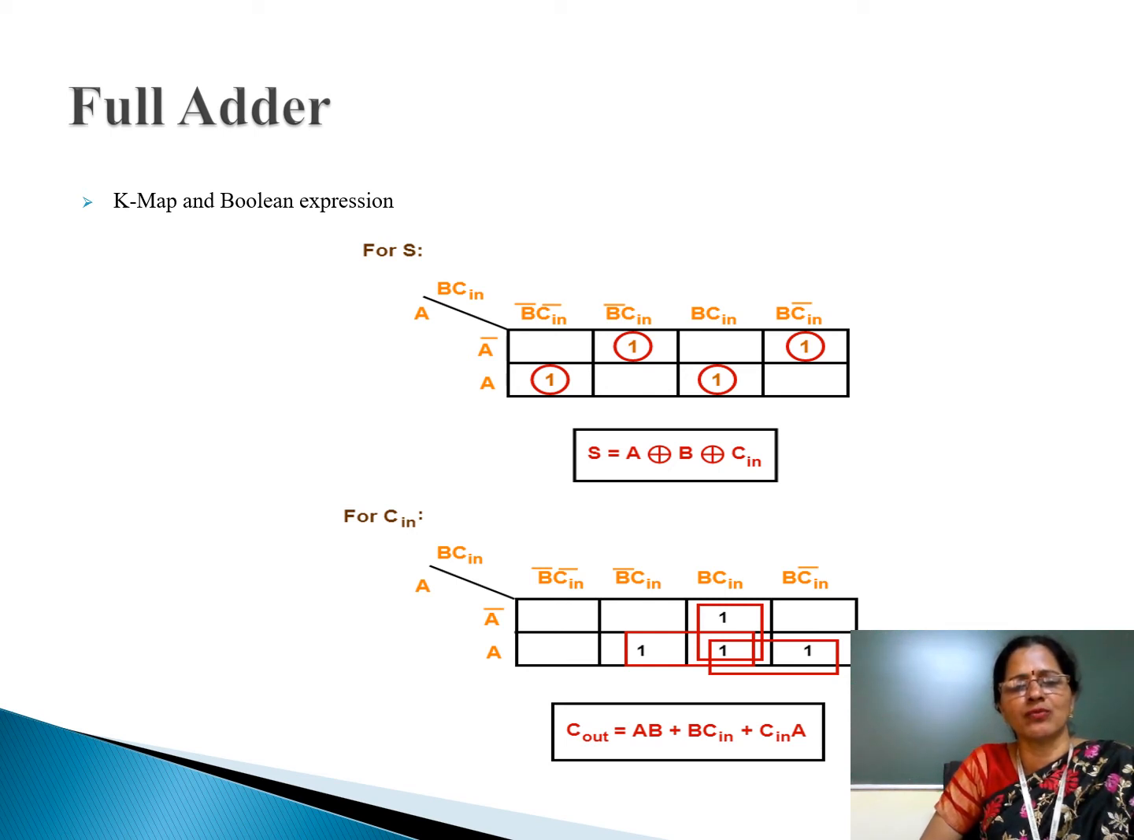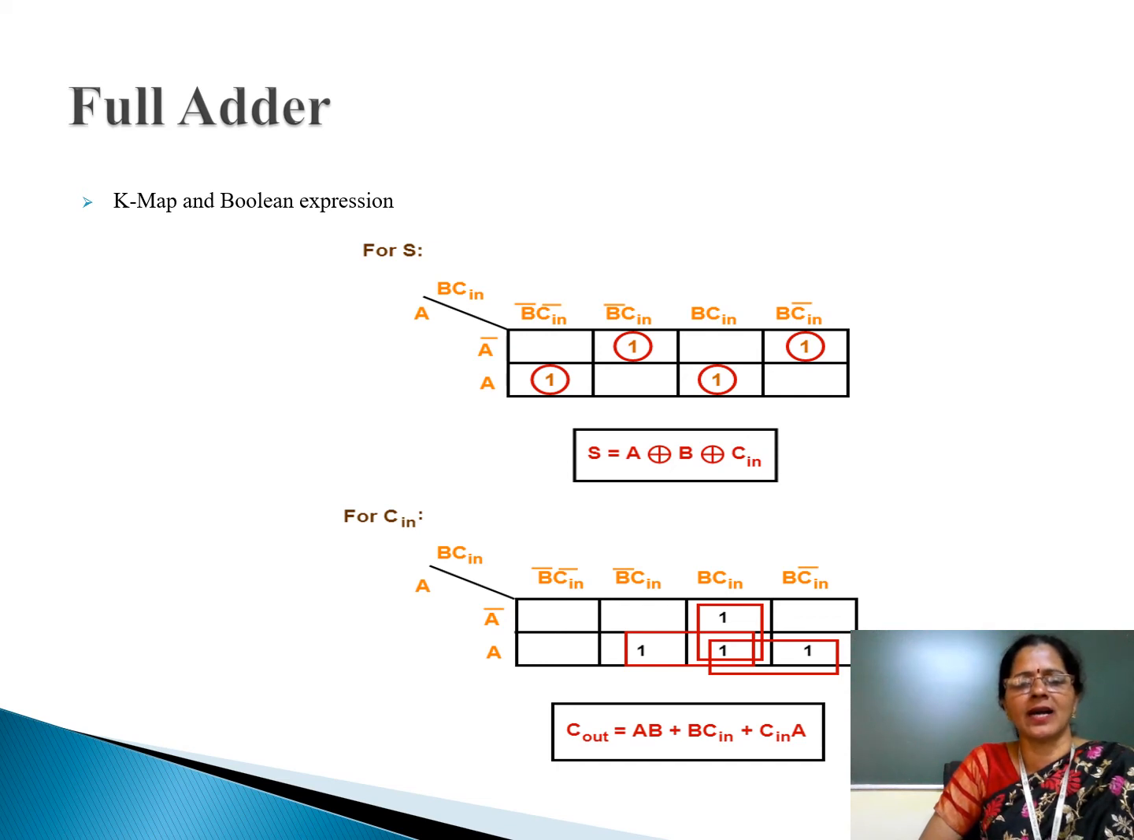For which state your output is 1, you have to write or plot 1 in that square. Accordingly, now you can check your K-map and then start simplification. If you search the K-map for sum, further simplification is not possible because all the minterms are individual, no grouping format. So the simplified Boolean expression for sum, we can write directly the minterms of each